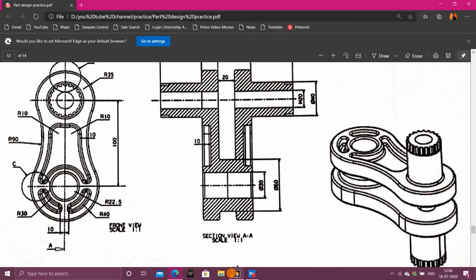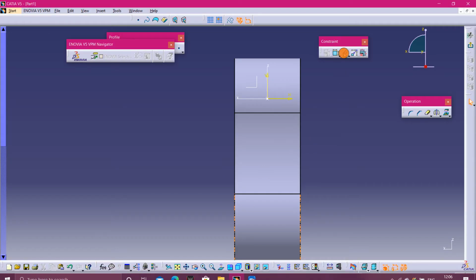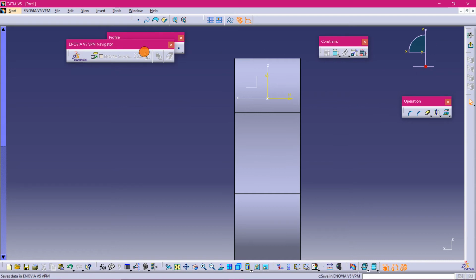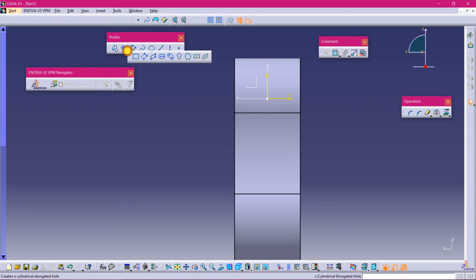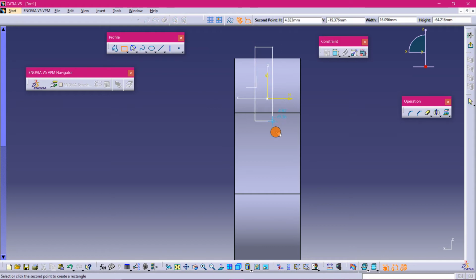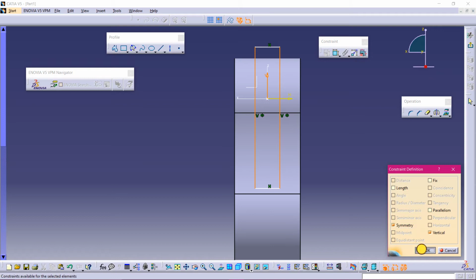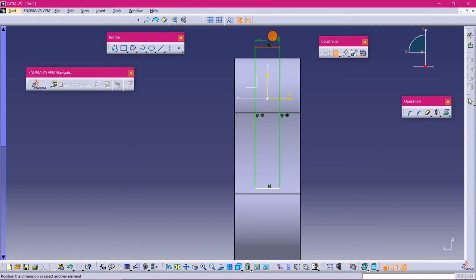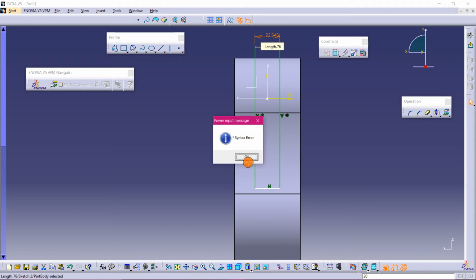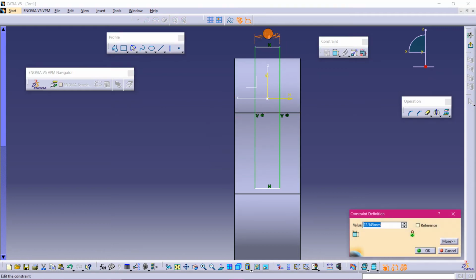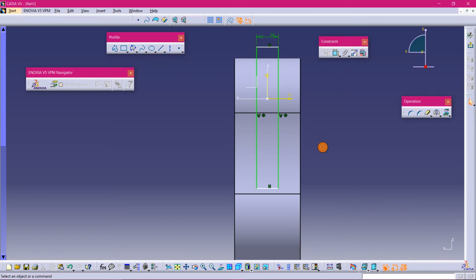So I am selecting a rectangle, draw a rectangle, make it symmetrical first. Okay, now this is 20. 20, that's fine. And from, see, just make it,